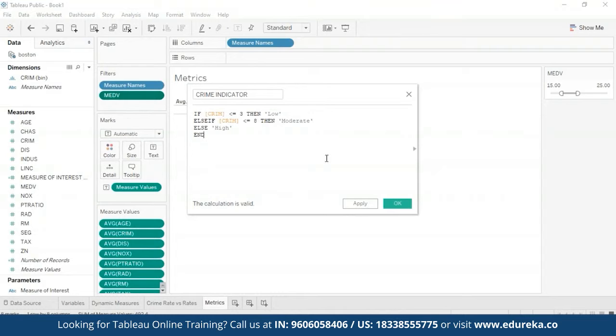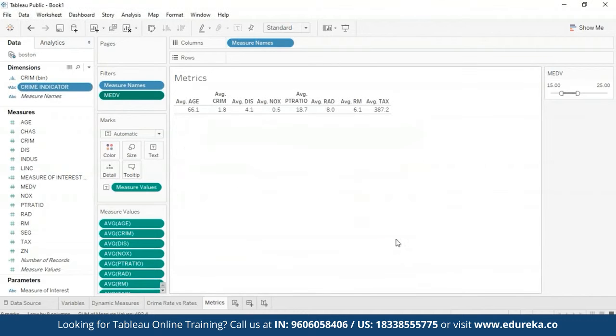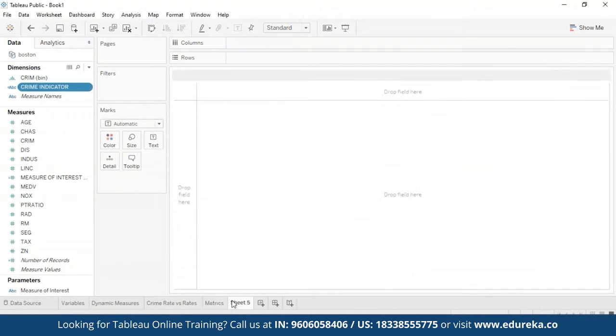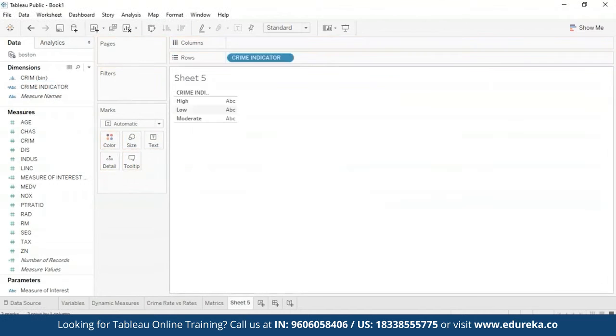This makes it easier for your viewer and enhances user interaction with this particular application. It also makes it easier for people to read out rather than looking at lots and lots of numbers on your table. So I'm just going to apply it and click on OK. So for this to show, I'm going to open a new sheet. So I'm going to select this crime indicator and